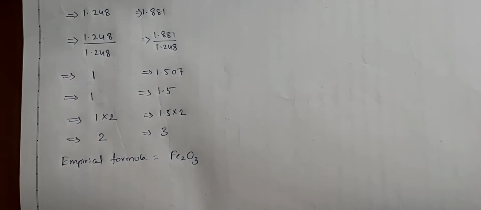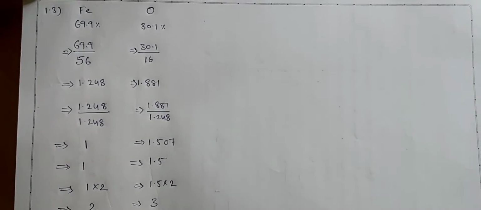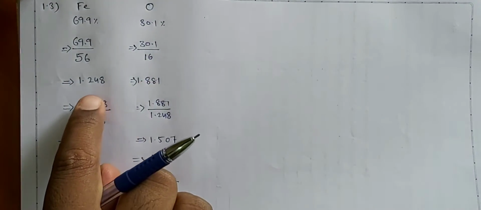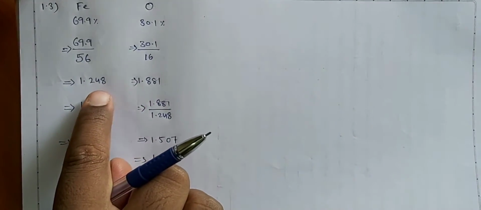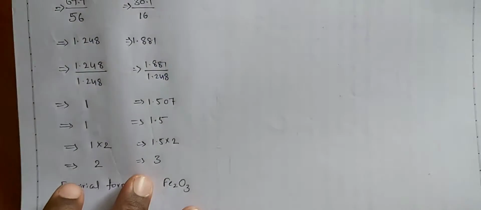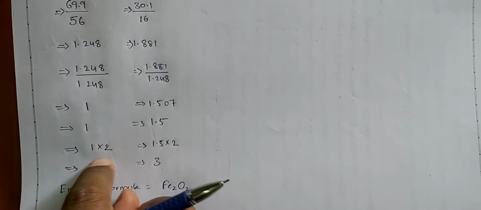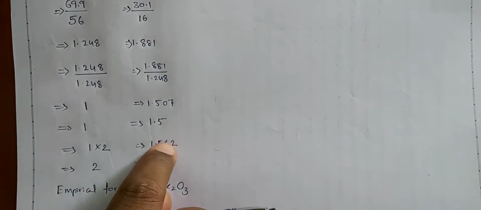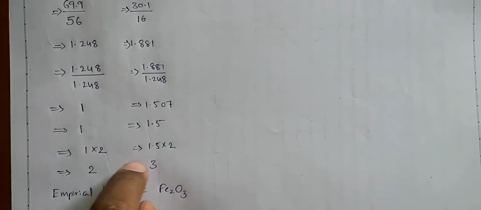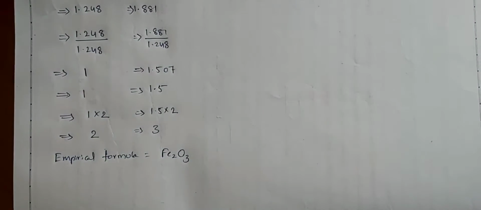This is the method you have to do when they ask about empirical formula. First, percentage must be divided with gram atomic weight. Next, you will get values. In that, we have to select the smallest value, and all the values must be divided with that small value only. Then you will get 1, 2 like that. If you get that, no need to multiply. But here we got 1 and 1.5. So if I multiply with 2, both of them will be converted to nearby whole numbers. So we are getting empirical formula is equal to Fe2O3.